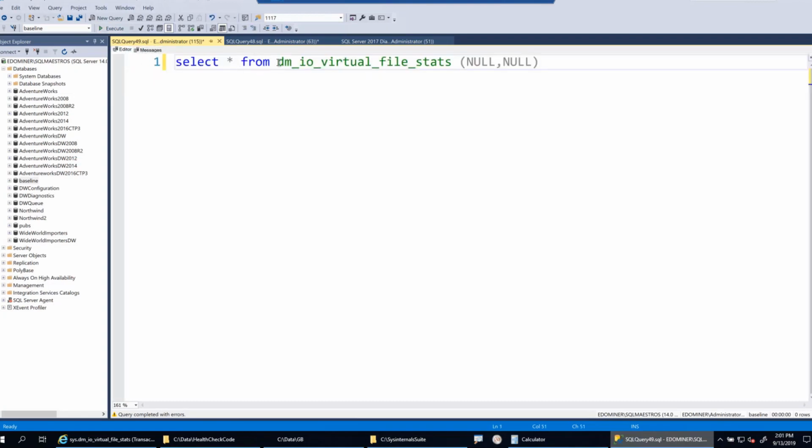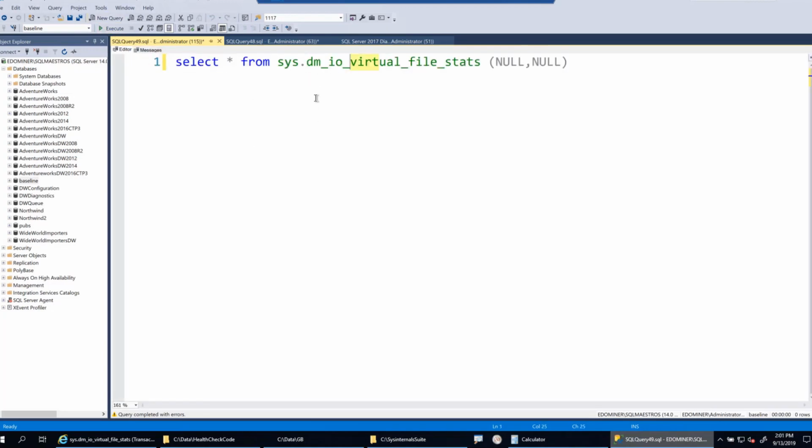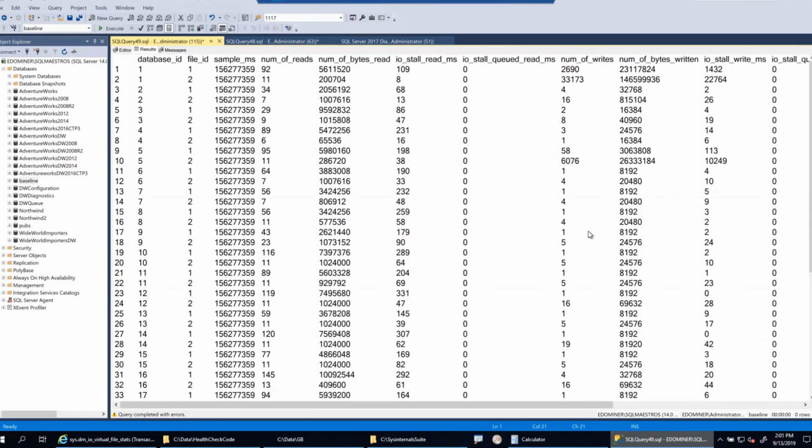Okay, so that will be sys dot. Sorry about that. Now let's go and look into the output. Sorry again. So this is the kind of output that you get, and you can see a lot of metrics